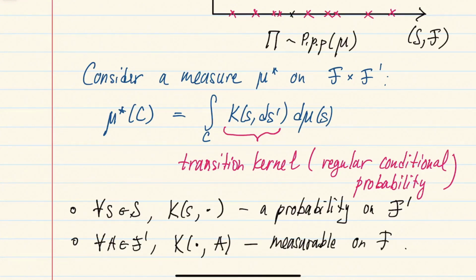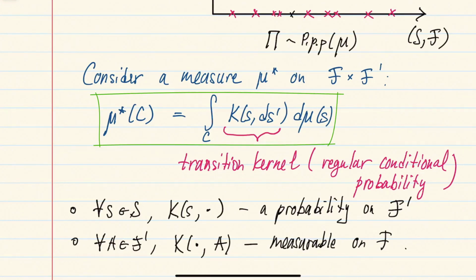So the definition of the transition kernel looks exactly like the definition of a regular conditional probability. The difference is when we talk about regular conditional probability, usually we start with some probability measure defined on the product space, and then we want to represent it using this Fubini representation as a double integral, where we want to know whether this transition kernel exists. And we proved some theorem in the first chapter about when this can be done. But here we go in the other direction, just in the standard Fubini theorem direction.